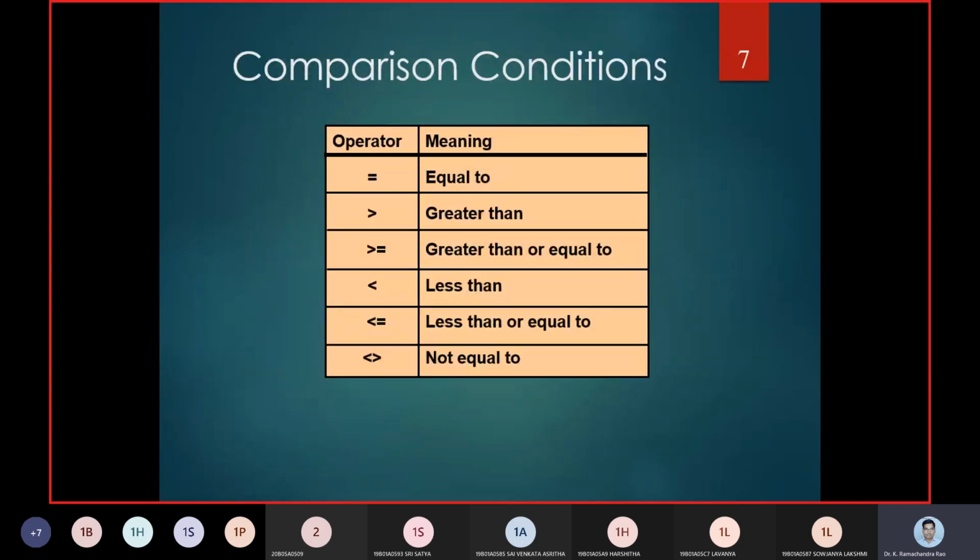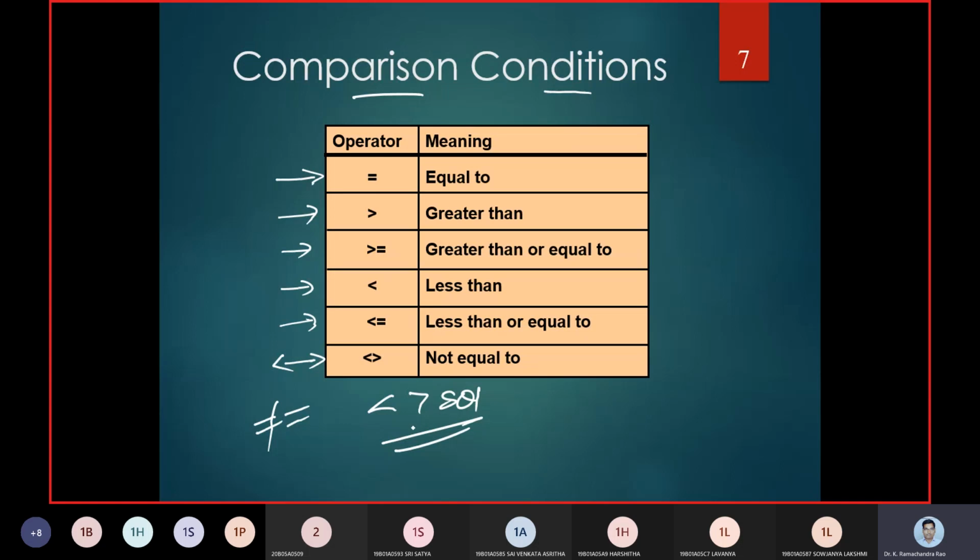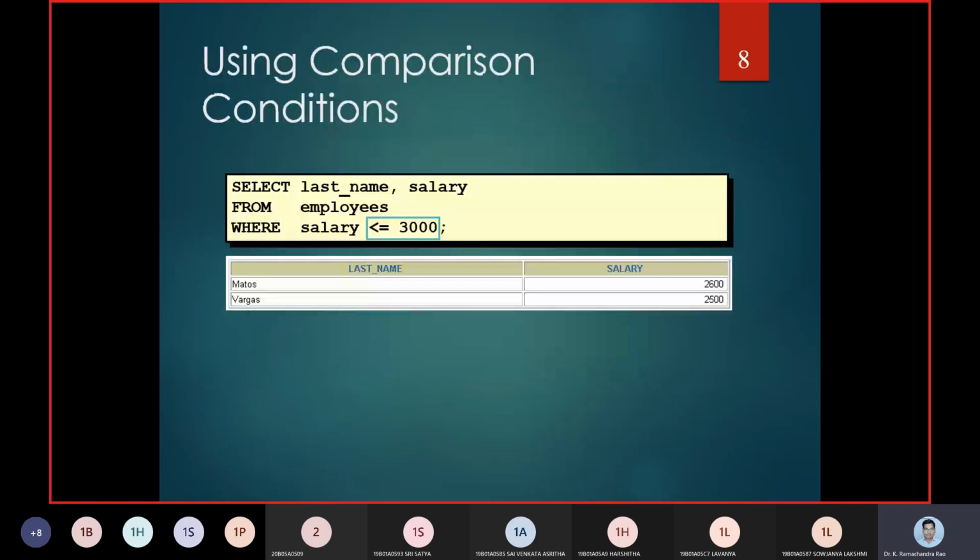Other than the equals operation, there are some comparison operations we can make: equals to, greater than or equals to, less than or equals to, and not equals to. In general we have a habit of writing not equals in a different way, but in SQL we need to use two symbols, less than and greater than, for the comparison operator.